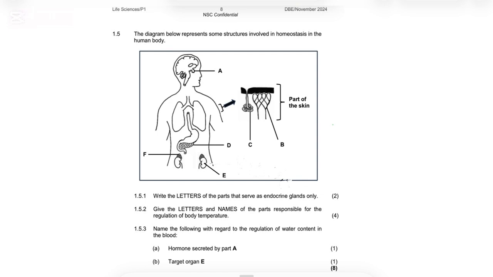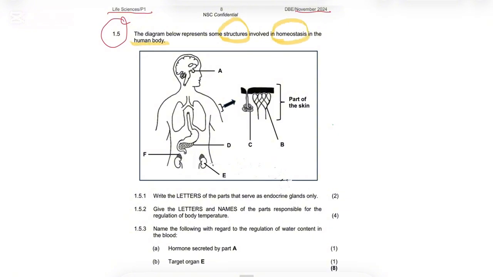In today's video, we are going to talk about homeostasis in the human body by using a past paper that was written by grade 12s in November of 2024. It is Life Sciences Paper 1 and we're going to answer question 1.5. As you can see here, grade 12s, the question says, the diagram below represents some structures involved in homeostasis in